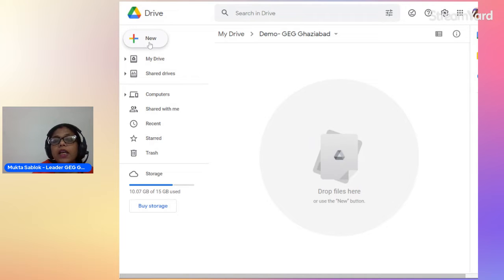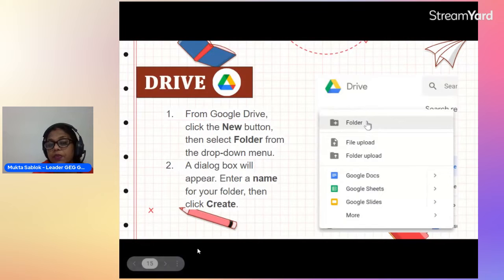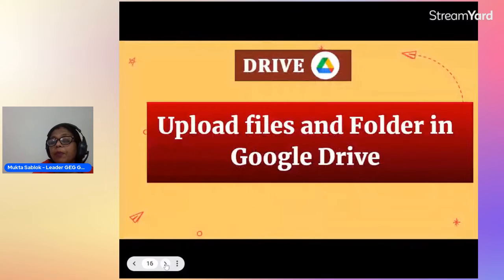Okay, so next thing what we need to see is we have already given a name, uploading file and folder in Google Drive. So we have created a folder. Now we will upload different files and folders from our computer to Google Drive.